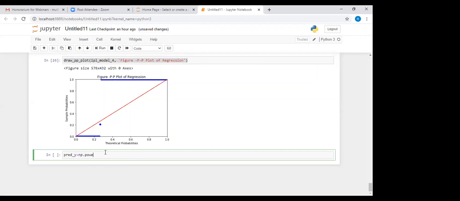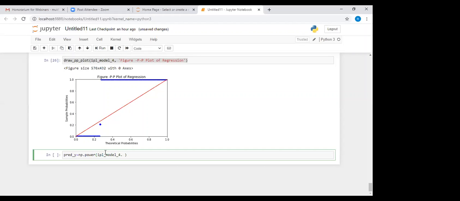So after the final model is built and the model has passed all the diagnostic tests like the residual test, the outlier test, everything, we need to apply the model on the validation set to predict the sold price. Okay. Use np.power. Why is it a power?